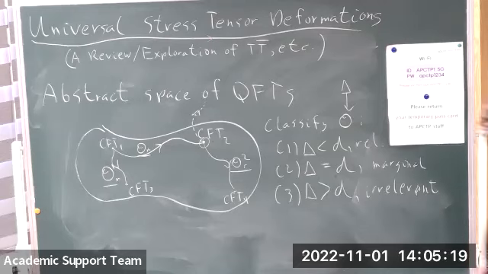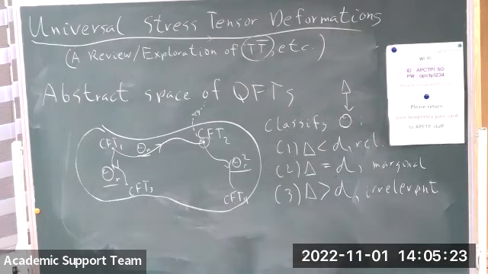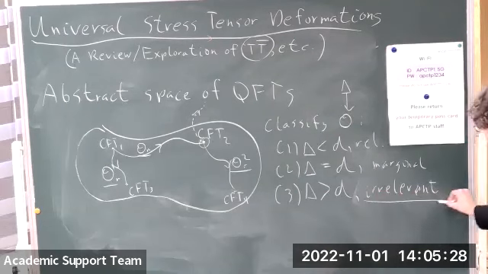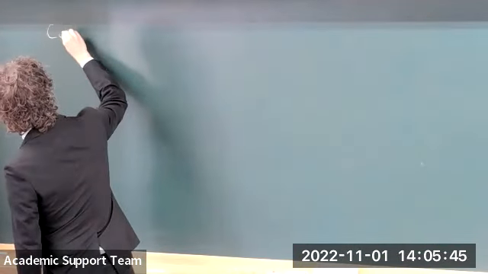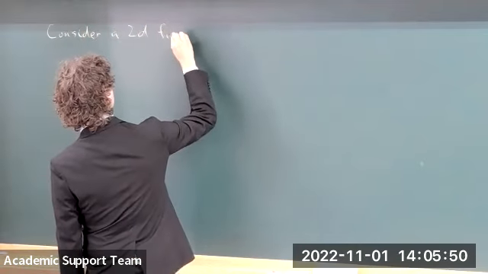So now I'd like to focus on the review part. So part of what makes this TT-bar deformation interesting is that it falls into this latter class of irrelevant deformations, in particular in 2-dimensional field theories, but nonetheless is under good tractable control in a sense which I'll make precise. Okay, so let me make that a little more quantitative. So now consider a 2D field theory.